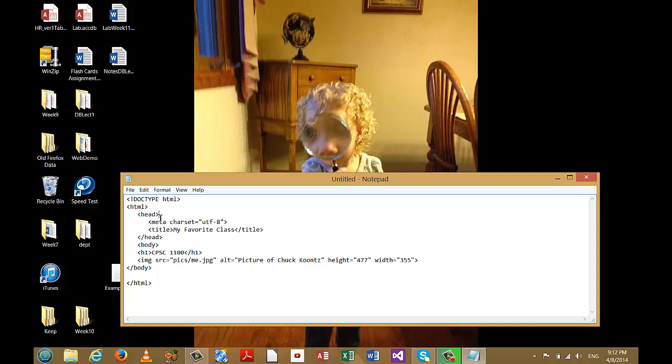So the head section in this case is as minimal as I can make it, and the only thing that's really required is this meta tag, which says to use a particular type of encoding scheme called UTF-8, which is an encoding scheme that supports a number of graphics characters, and also it has a title section, and what's contained between the